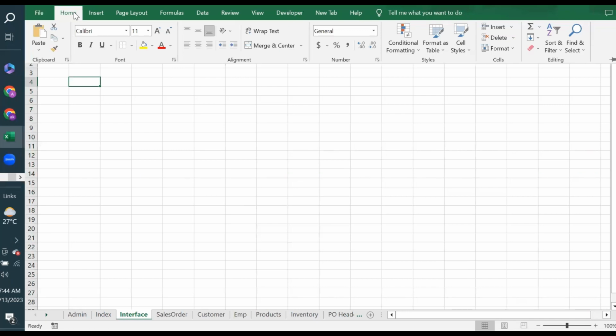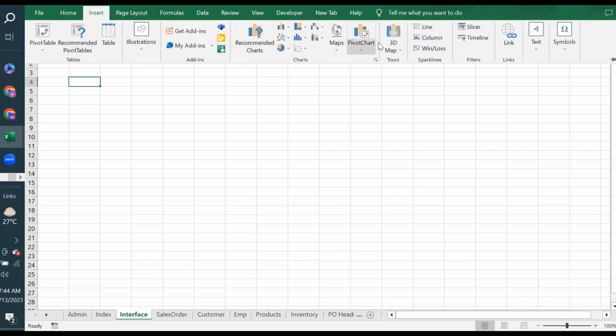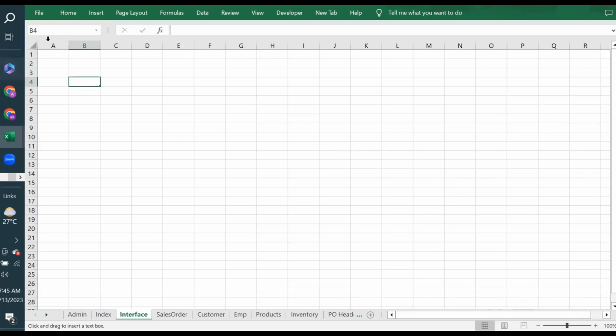So you can insert the shapes, you can insert a diagram, you can take any text box to work as, say, for example, this. Okay, this is for example data entry or product entry, or enter master data. Enter master data is the first option, maybe because in which you will enter the employee data, the product data, the supplier data, the customer data, etc. So these are all the master data,